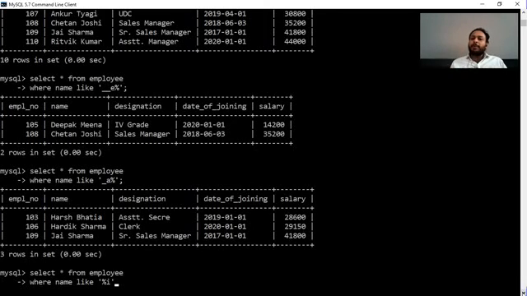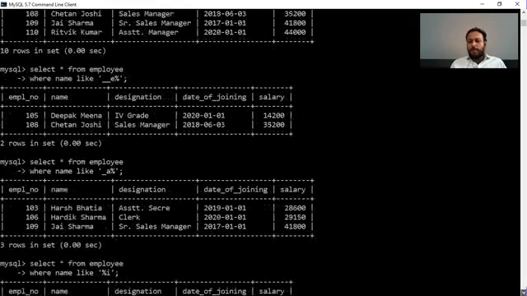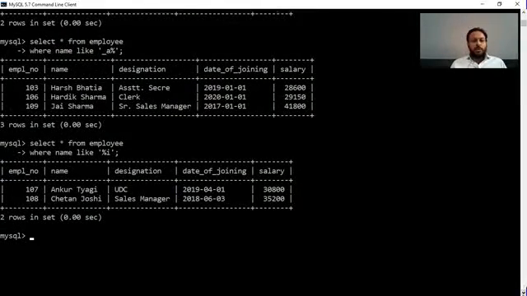Where we put the percent means any characters, but at the end it is I. If we write I percent, it means starting with I, and after it anything can be there. There are 2: Ankur Tyagi and Chetan Joshi, whose names end with I.